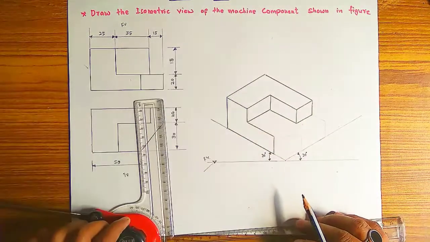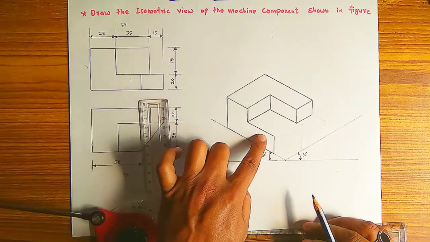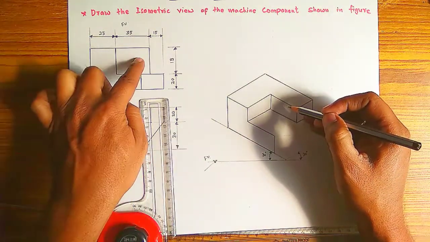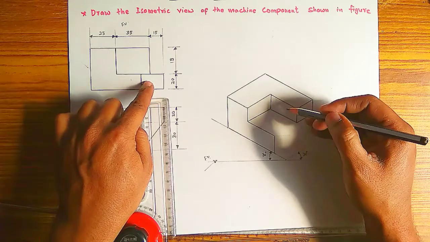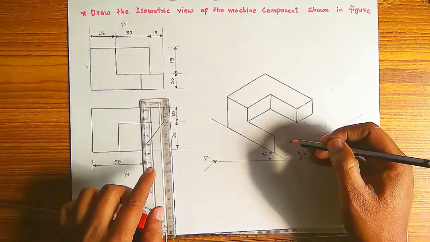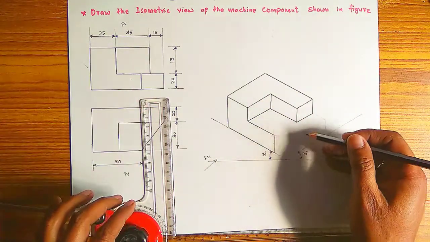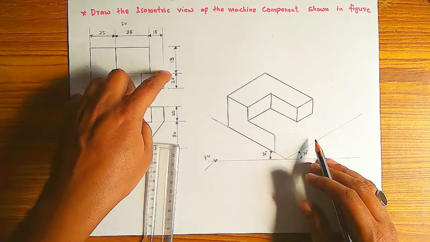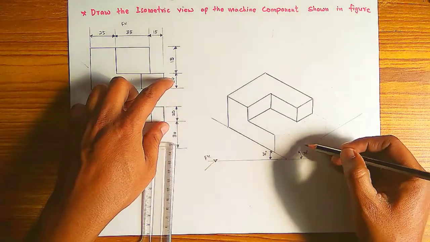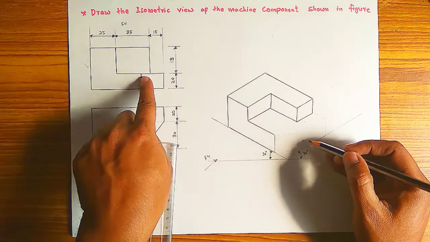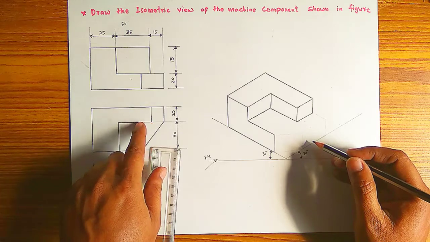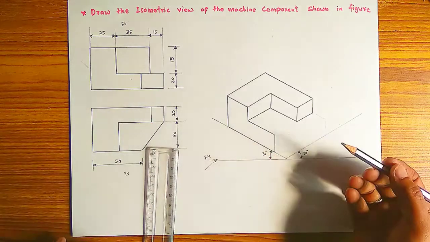See, now from the front view this surface is visible. And if you see from here, this surface is visible, and both surfaces we have drawn. Then the remaining box we have to draw here. We only have to draw the dimension, but he doesn't give this dimension in the front view. Only the height he has given. We already have the heights, but the width of these boxes we don't know. Even in the top view he has not given the width. So we have to draw according to the length.